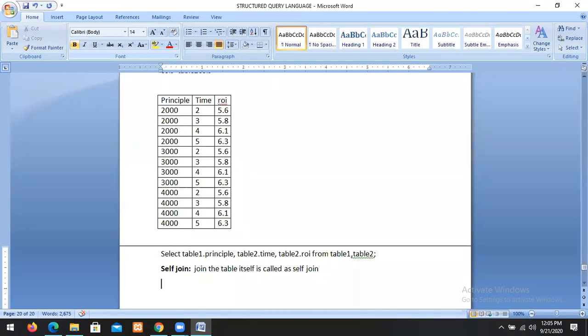Some queries are like this, and in this case we use self joins, joining the table itself. So actually, I will take one small example.